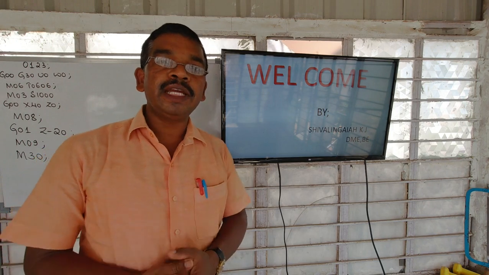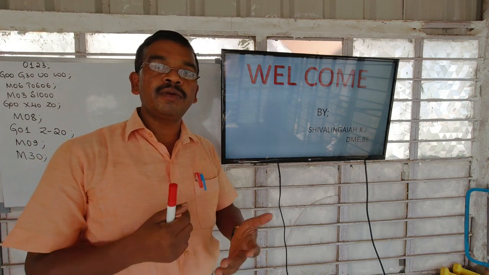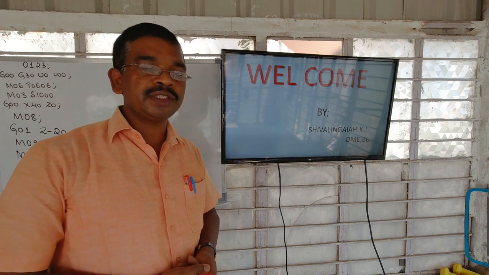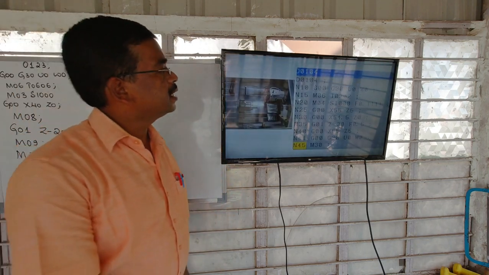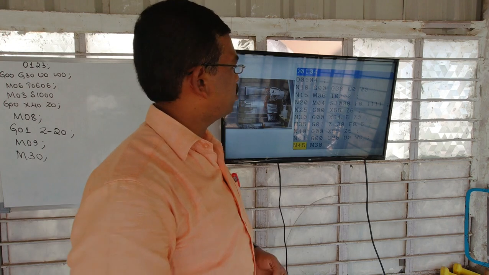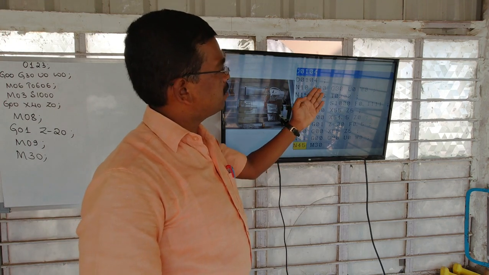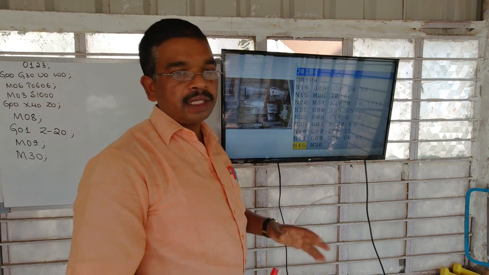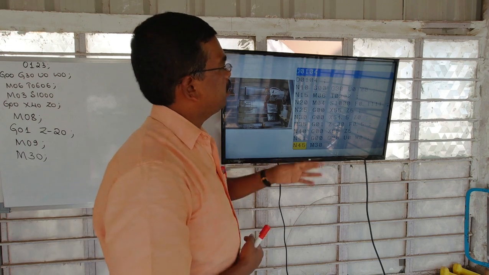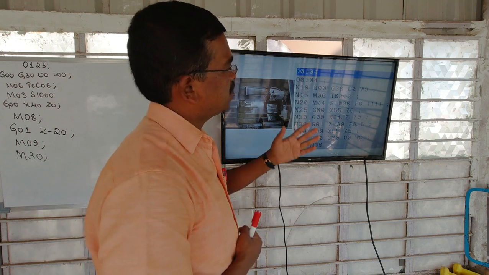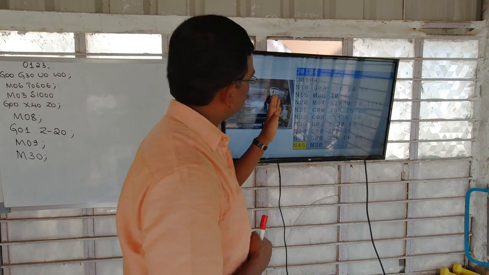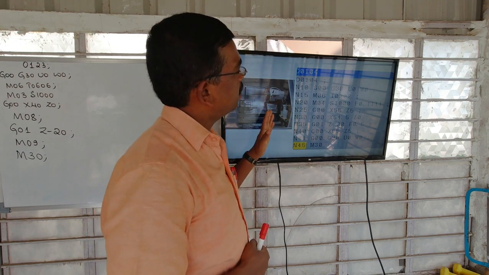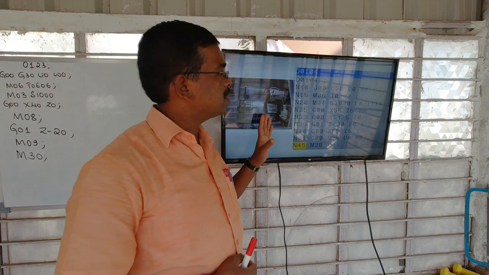Today I would like to explain to you about the codes of our CNC machines. Already we know about the codes. Here this is the CNC program. This program consists of G codes, M codes and other words also. We know that the function of these G words or G codes is to move the cutting tool in the required direction for doing a particular operation.